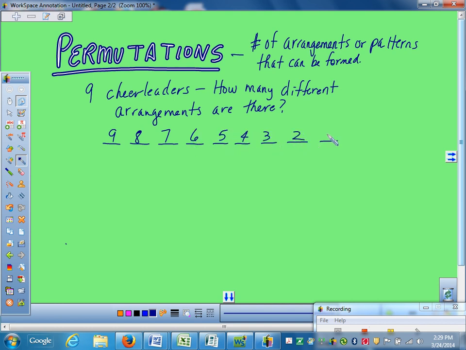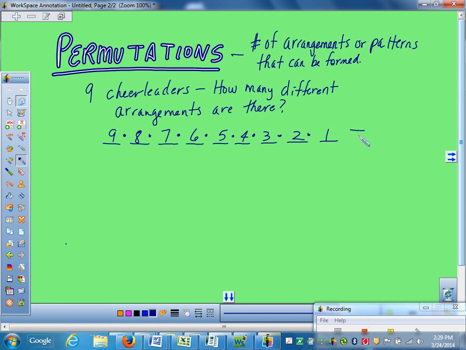And then what do you do with those numbers? Multiply them. The fundamental counting principle says that there's 9 ways to do this, and 8 ways to do that, and 7 ways to do that, and 6 ways to do the next spot. You multiply. Now that's not a horrible thing to type in your calculator, but if I made you do 20 down, that's just a little tedious typing in your calculator. So mathematicians came up with a shortcut way to write this.